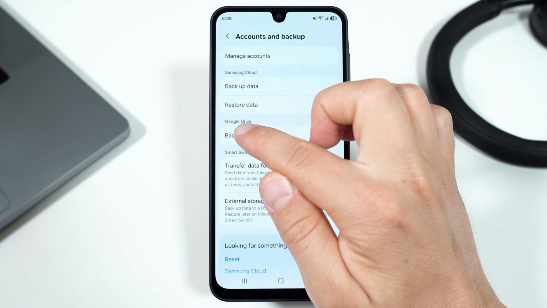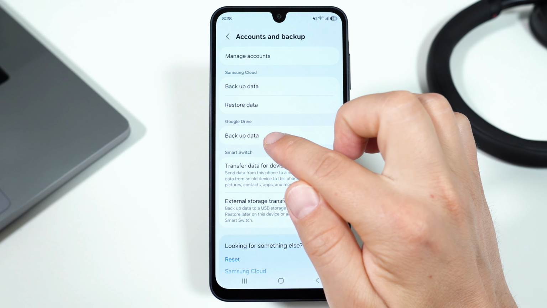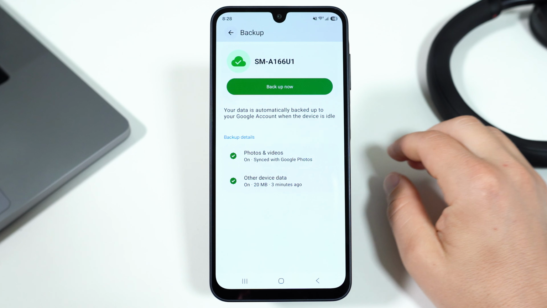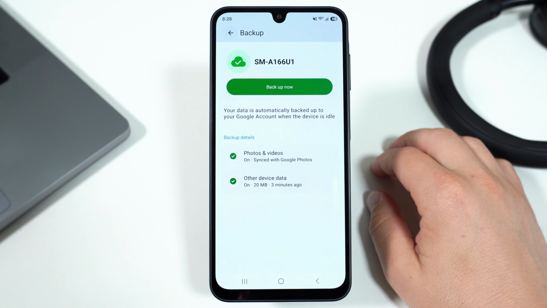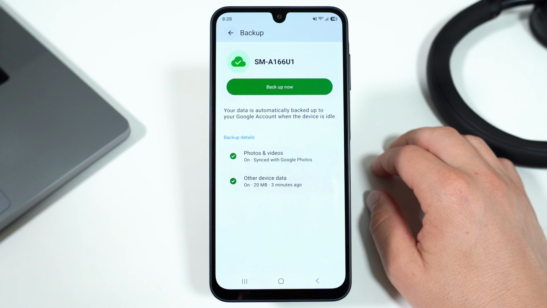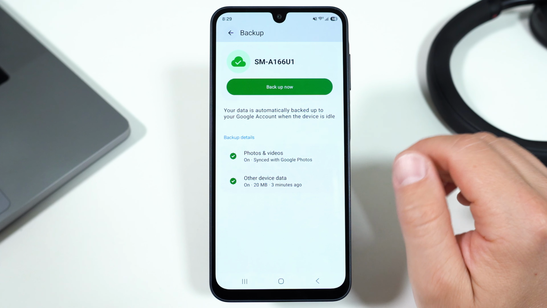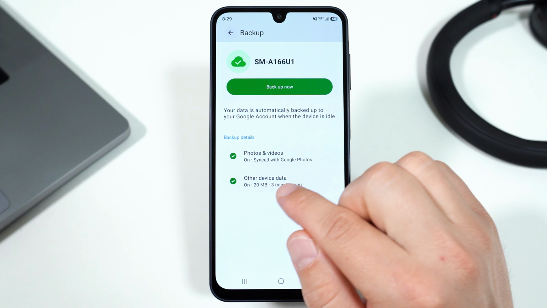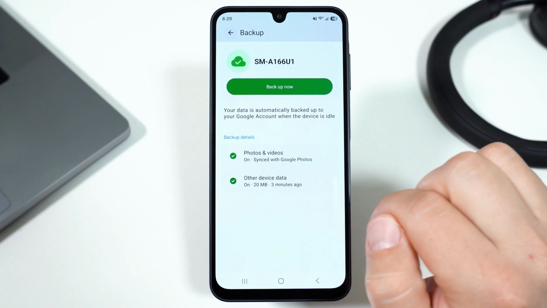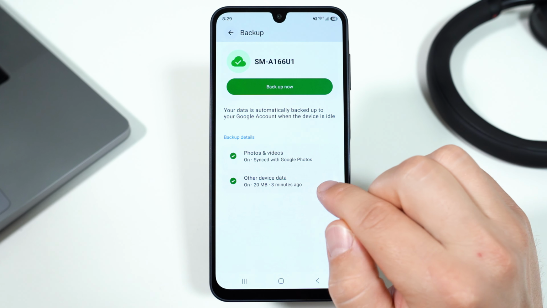On Google Pixel, stock Android, or Motorola, you'd go to Settings, then System, then Backup. On some phones, you might instead go to Settings, then Google, and find Backup within the Google menu. Once you're in the Backup menu, it'll look more or less like this. There's no single one-tap off button here, but if you tap into these categories, you can toggle Backup off from